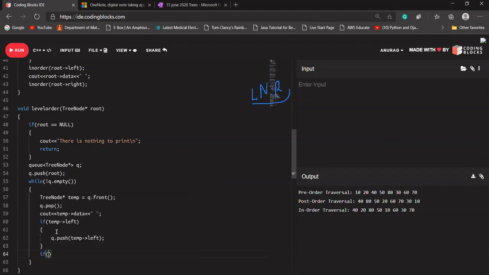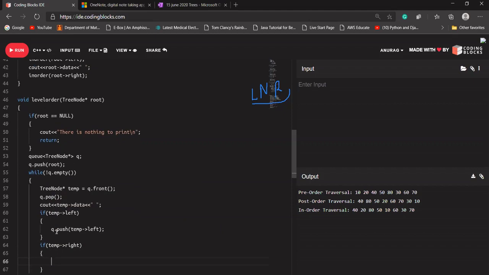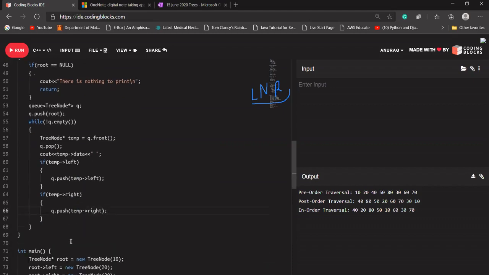I'm going to check for temp's right as well. If temp's right is not equal to null, q dot push temp's right. Okay, is that clear with everyone?